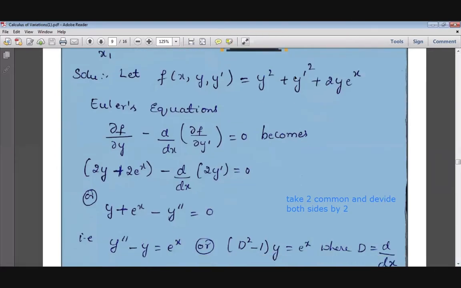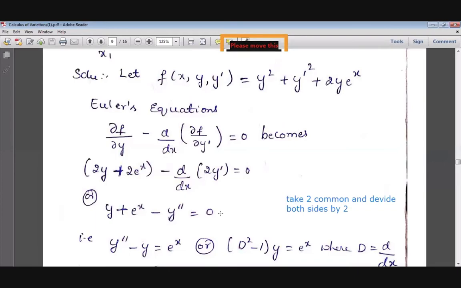Then you can write this as, multiply both sides by negative sign. So this will become negative, this will be negative, this will be positive. So transpose this, multiply both sides by negative. So this will become negative, this will become negative, this is positive. So transpose this side, that will become positive.